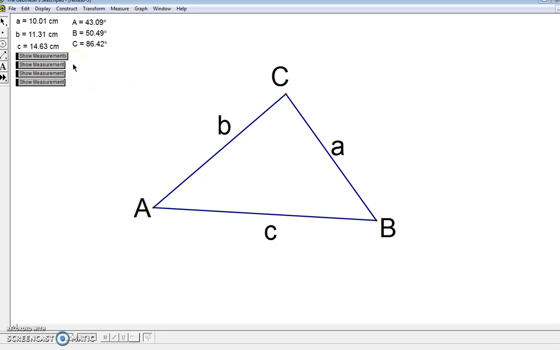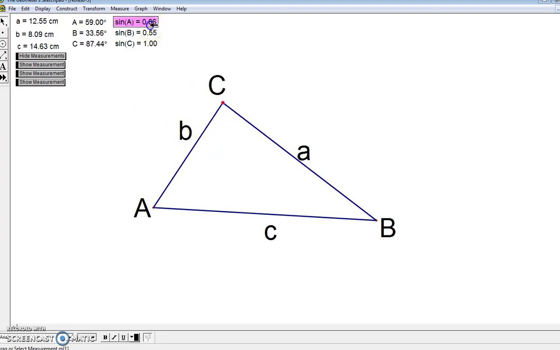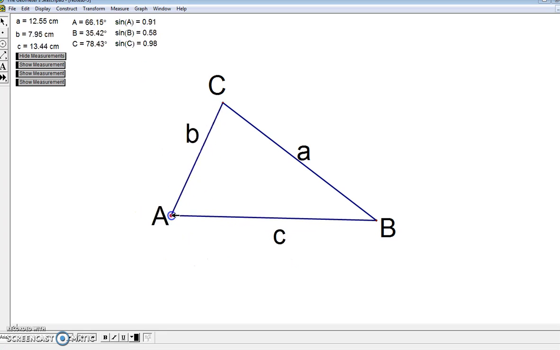And since we're talking about law of sines, maybe if we take the sine of each of the angles, we'll notice a pattern. But again, as I move it around, there's no pattern that I notice in those three numbers. So it's not until I actually think of something specific, something that you wouldn't come up with normally, that we do see that pattern. And so if I were to take sine of angle A and divide by side a,